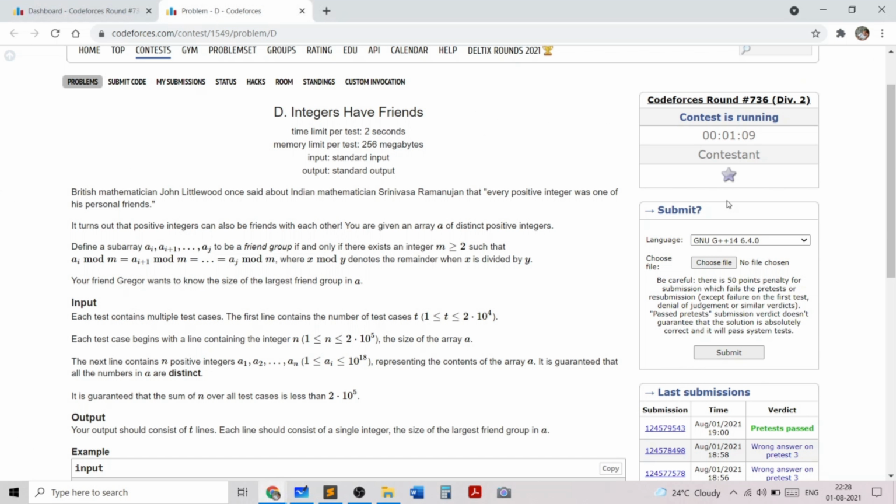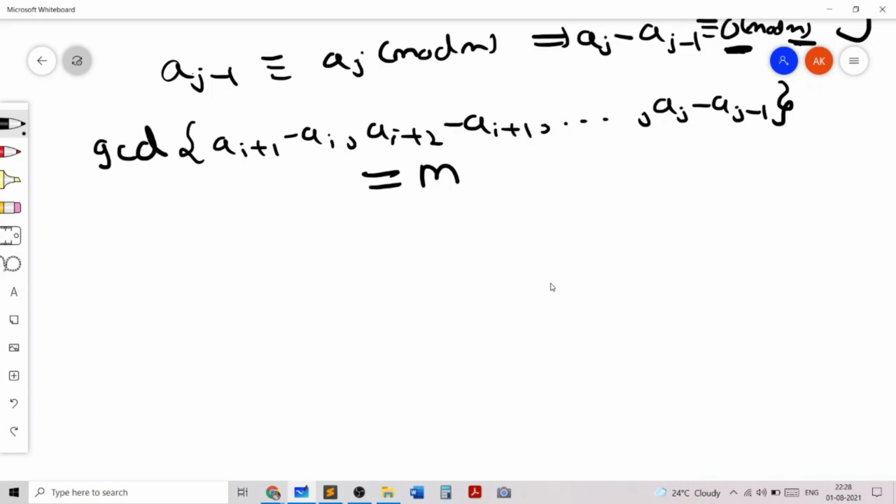Let's go back to the problem statement and see the fact that m is greater than or equal to 2. So this essentially means that if the GCD of all these numbers is greater than or equal to 2, then we are done.